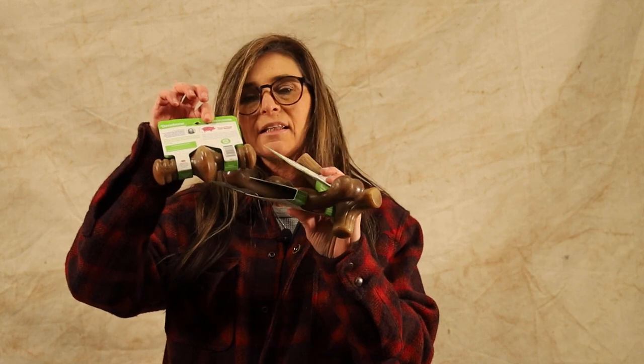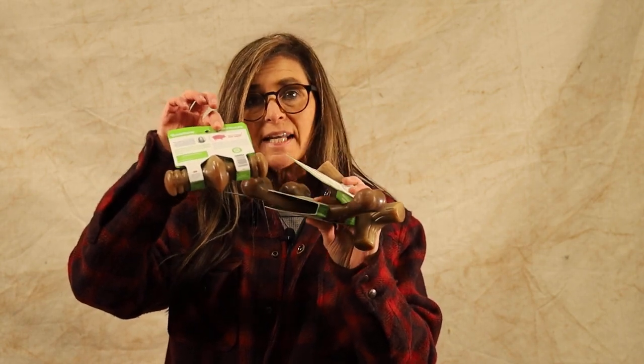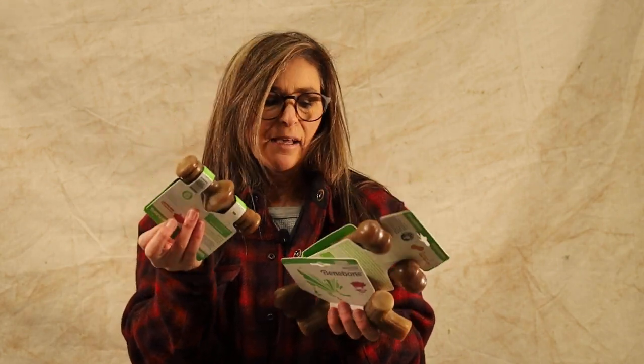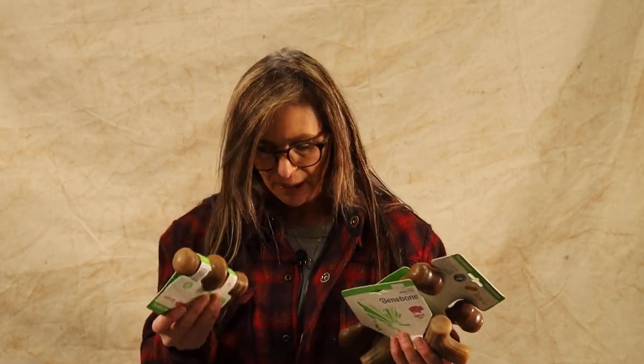And these are the toys that I leave down for my puppies outside to play with. They're great outside because they can withstand the weather. There's no value to them as far as calories go, but they like to play with them and lay down and chew and gnaw on them. So these are definitely the toys that I leave down for my puppies to chew on and do stuff with, that I don't have to pick up every time and bring out when I want to play with them. So that right there, in a nutshell, is the things that you should have